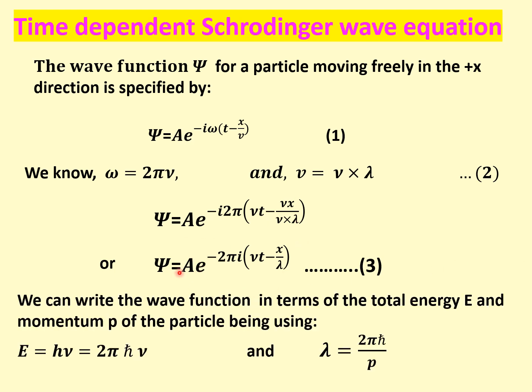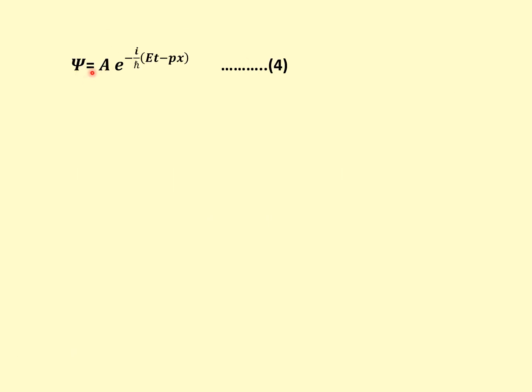But we want to get this psi function in terms of energy E and momentum p by using the formulas E equal to h nu, or 2 pi h bar nu, and lambda equal to 2 pi h bar by p, where h bar is h by 2 pi. So we will write this wave function in terms of E and p, and we will have the relation psi equal to a e raised to power minus i by h bar, Et minus px. So this is the wave function,